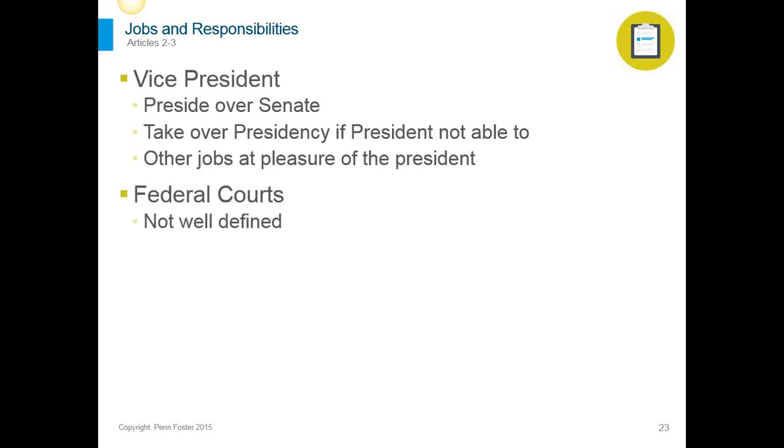Article 3 goes over our federal court system. And much like the vice presidency, the federal courts are not very well defined. They're not really well explained or given much power. The main power is what's called to interpret the Constitution. And early on, for the first several years, the federal courts did not really know what its purpose was. And it wasn't until